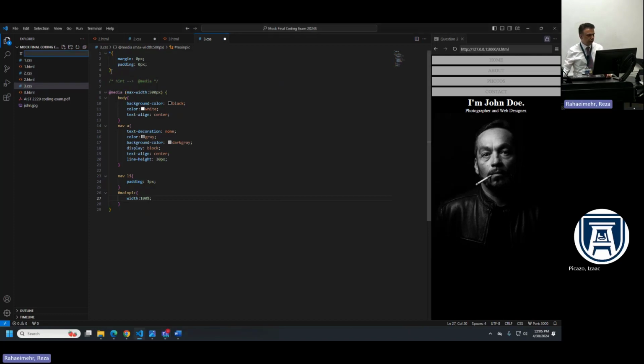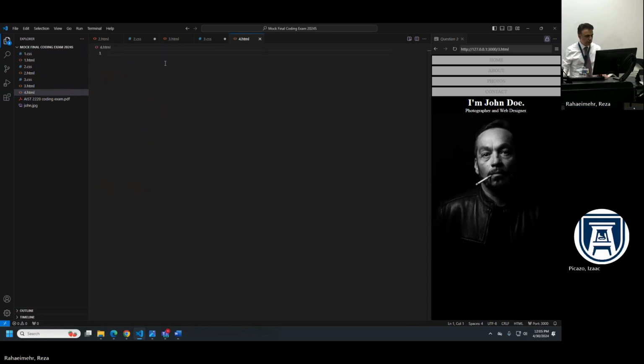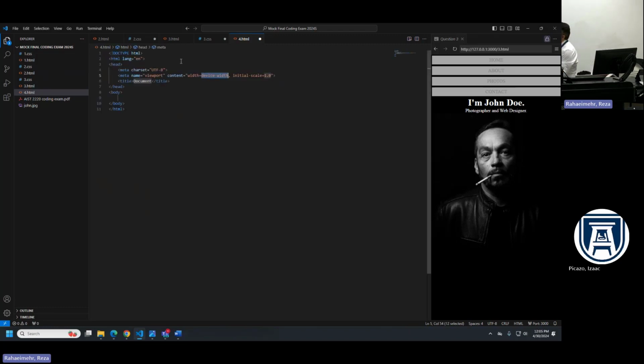So let me create a new page for that HTML. Again, by typing an exclamation mark and pressing enter, Visual Studio Code creates a template for us. For sure, we need to link a style sheet file. So let's say for that CSS,